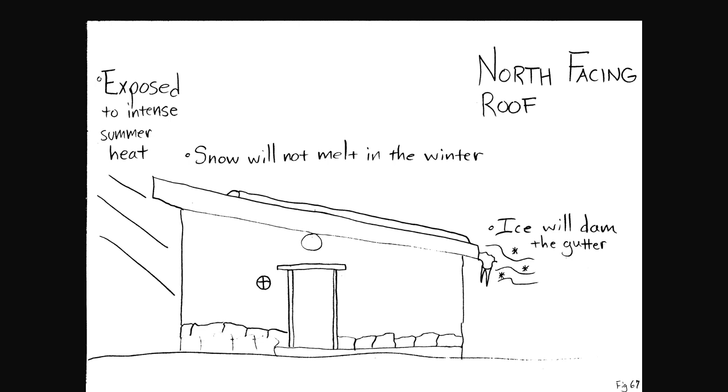So let's talk about the roof. I got a lot of controversy about this from friends of mine. What they wanted me to do was build this Hogan the way solar buildings are traditionally built, with a north-facing roof. So there are advantages to that because it exposes you to more solar gain on this side of the building. However, if you live in a place with a lot of snow, which I do, you have to know that your